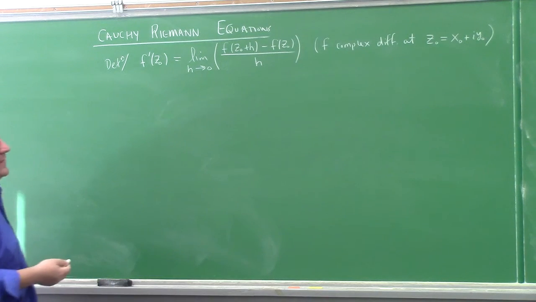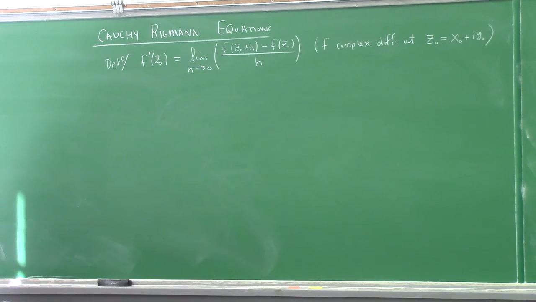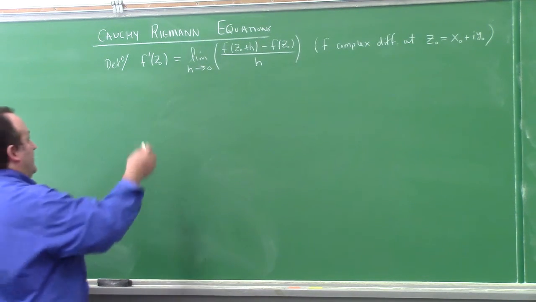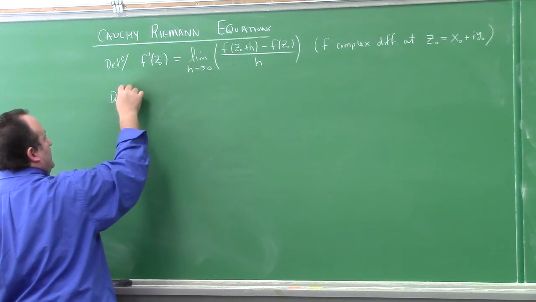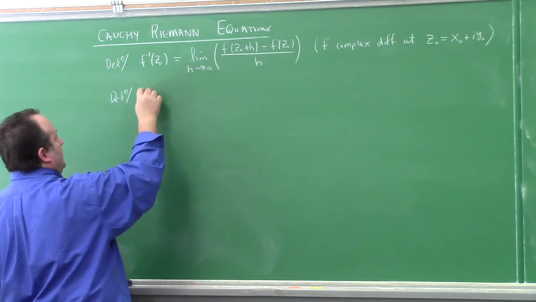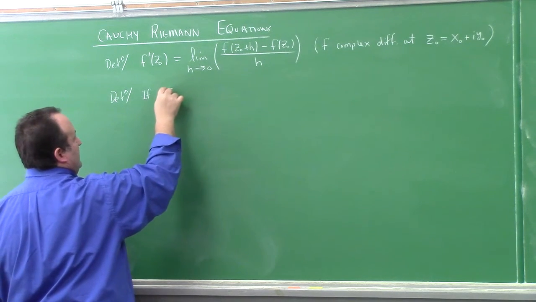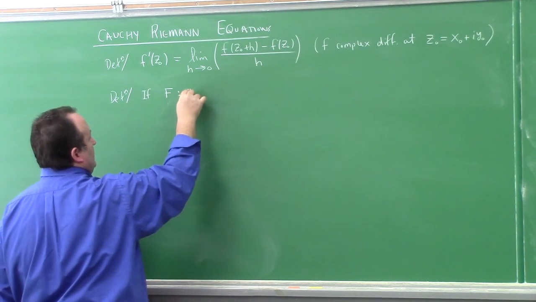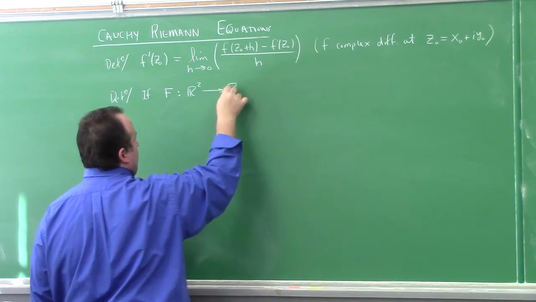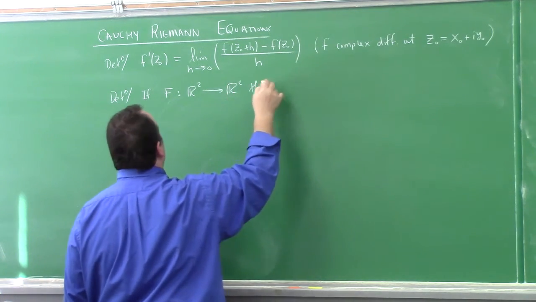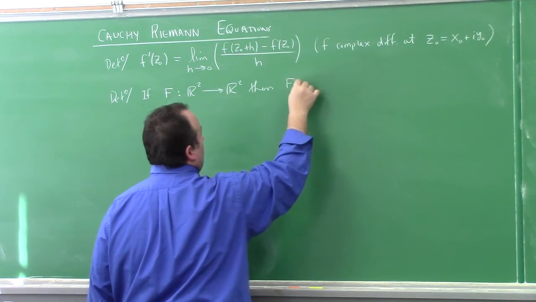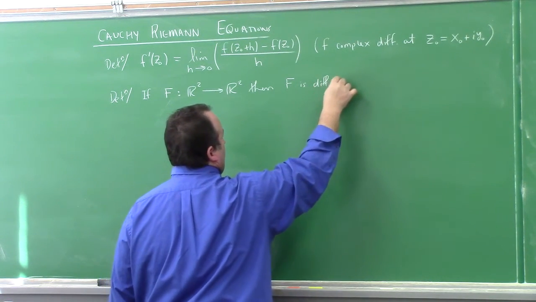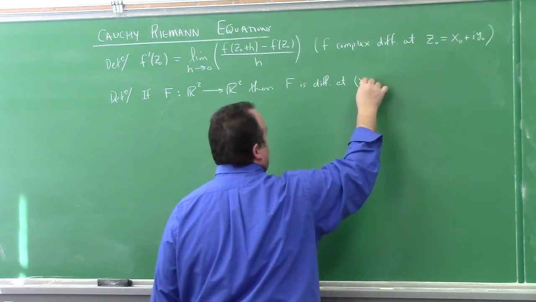So today I'm going to describe to you an equivalent characterization of this which doesn't use the limit, but instead is based on happy things from calculus 3. Before we get to that, we first need to address another issue, which is that if we have F, let's say big F, a function from R2 to R2, then F is differentiable at x naught comma y naught